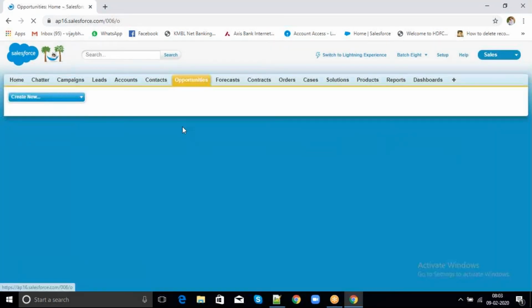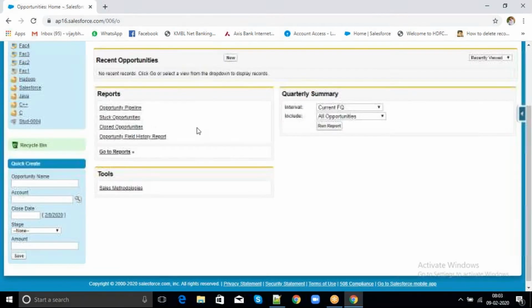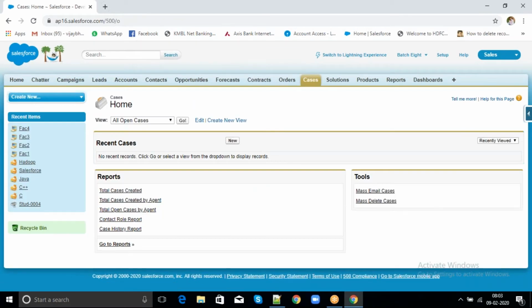Account, contact, opportunity can be quickly created here. This option is not there for custom objects, only for standard objects, and not all, only for account, contact and opportunity.